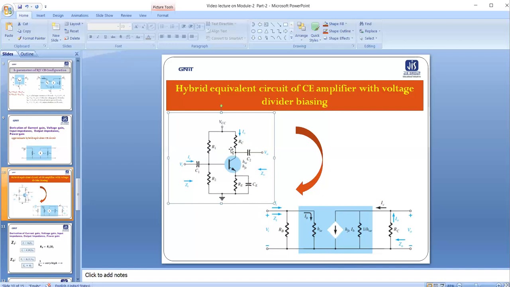Again, I am telling you that as it is an AC analysis circuit, during the AC signal the capacitor will offer very low impedance. So the capacitor will be thought of as a shorted wire, and any resistance parallel to the shorted wire will immediately become zero. So there is no resistance here, and it is the RC, collector resistance, connected here. Now it is the input impedance Zi, the output impedance looking across the RC is Zo, and it is the output current Io.